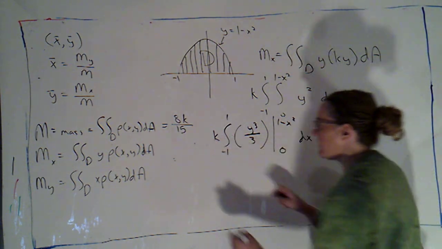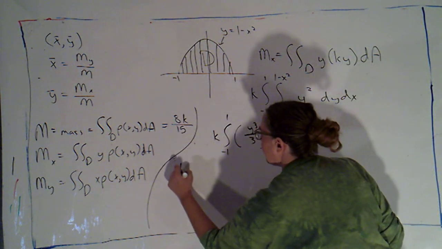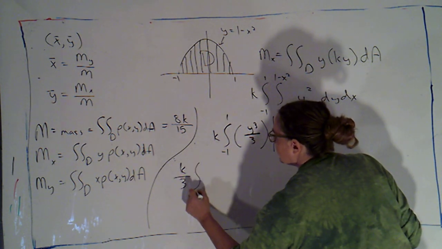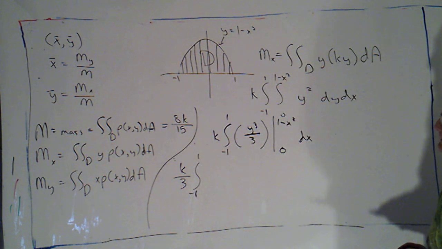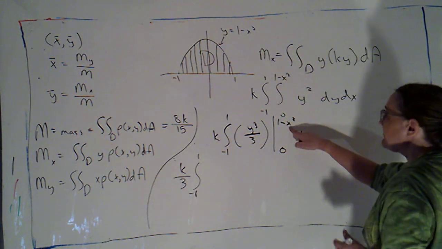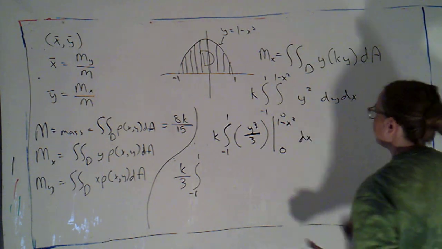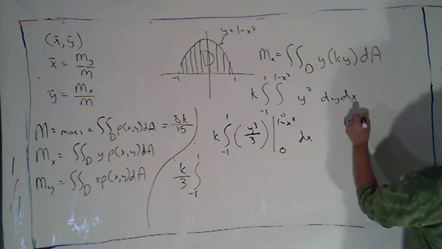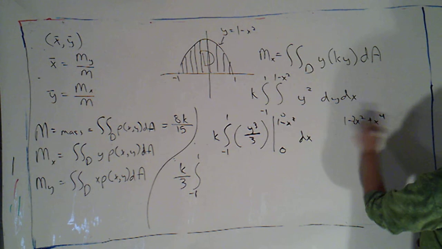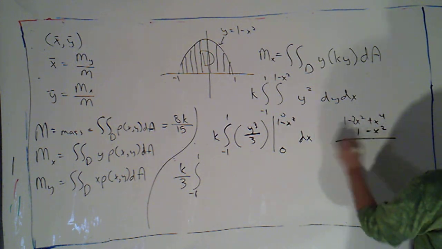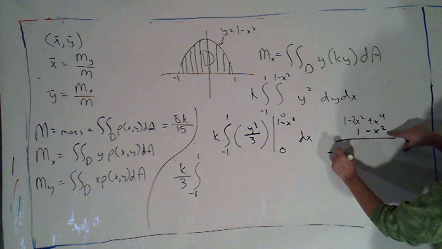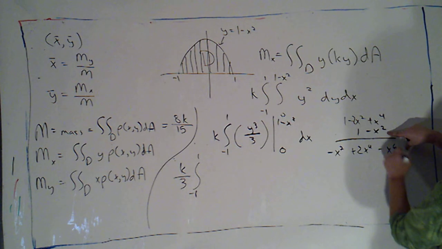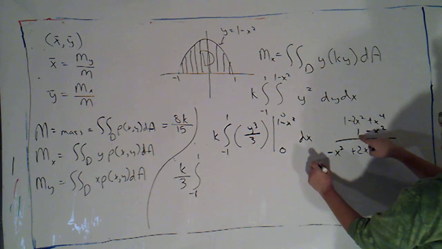I'm going to go ahead and pull out the 3, so this is going to give me k over 3 times an integral from -1 to 1, and now I've got to cube this thing. I could use the binomial formula if I wanted to. I'm just going to multiply this one out, 1 minus 2x squared plus x to the fourth. We'd already squared it, and then times 1 minus x squared. So I'm going to distribute the x squared. So I get -x squared plus 2x to the fourth minus x to the sixth,